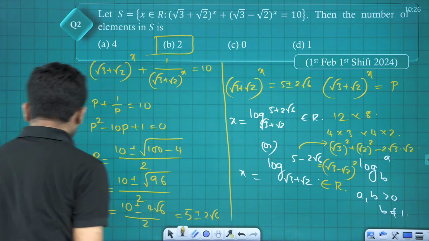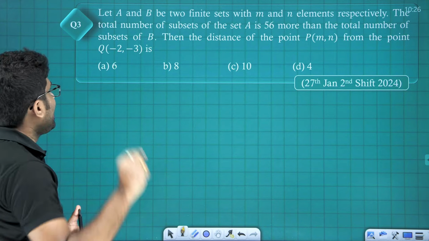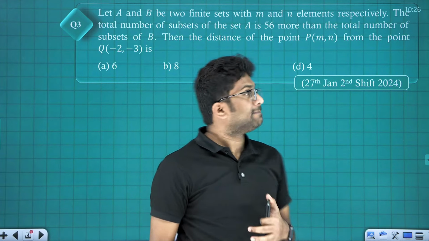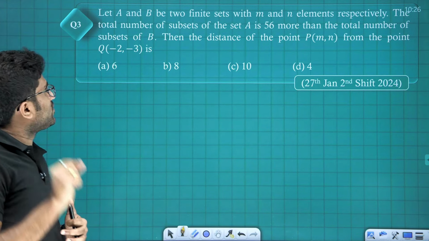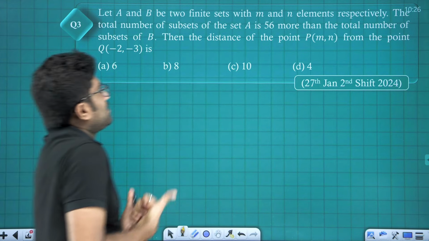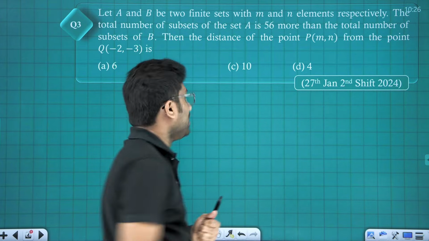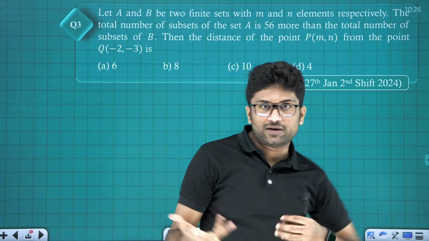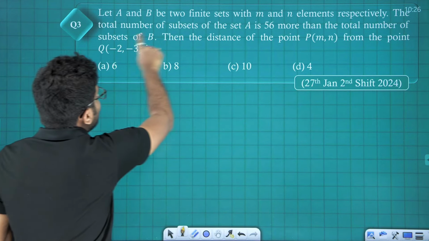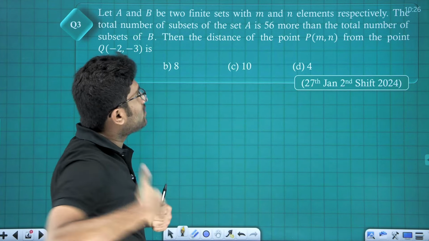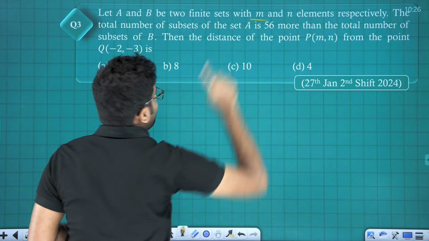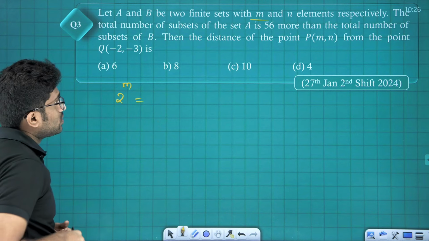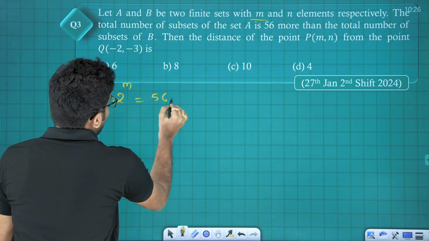Clear? Next question. Let capital A and capital B be two finite sets with m and n elements respectively. The total number of subsets of set A is 56 more than the total number of subsets of B. So for a set consisting of n elements, the number of subsets is 2 power n. Set A has m elements, so the total number of subsets of set A is 2 power m. Now this is equal to 56 more than